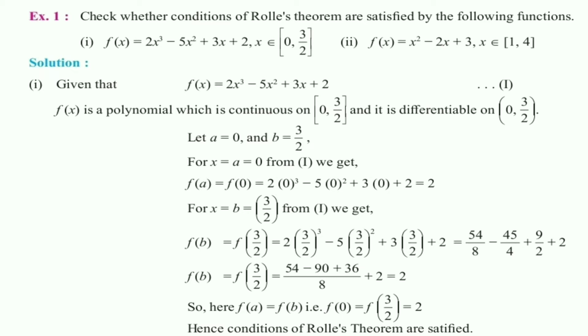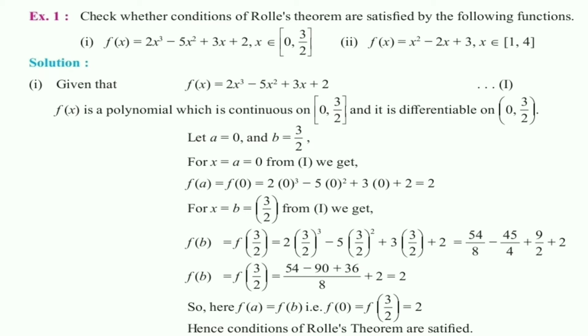Let a equal to 0 and b equal to 3/2. For x equal to a equal to 0, from 1 we get f of a equals f of 0 equals 2 into 0 cube minus 5 into 0 square plus 3 into 0 plus 2, equals 2. For x equal to b equal to 3/2, from 1 we get f of b equals f of 3/2